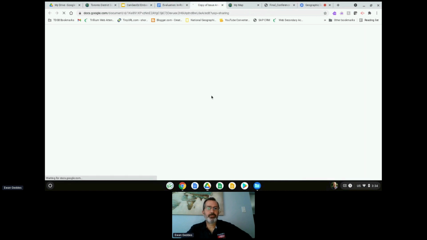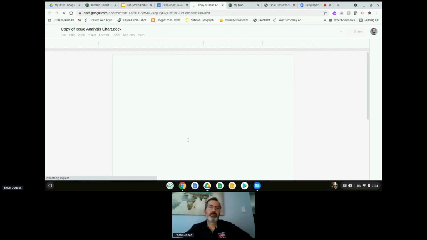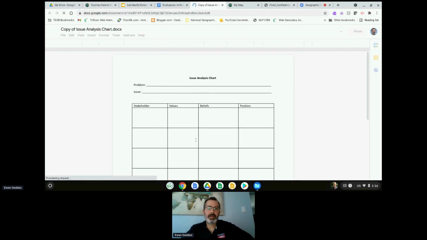So when they use the issue analysis, they would make a list of the different stakeholders involved in the issue. What is their position on the issue? What values do they have? What beliefs did they have? And with all this data, the students would be able to have a better understanding of the issue